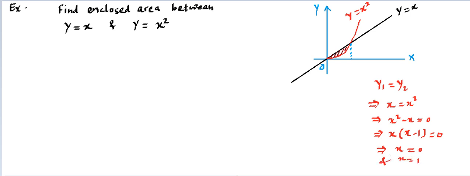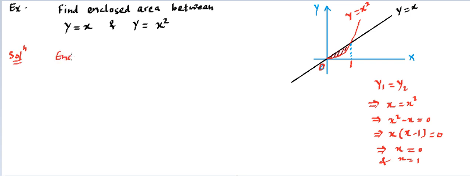So as we expected, there have to be two values of x. First 0, that's obviously decided, and the other is 1. That means we have got the limits. Then we can claim what the enclosed area is going to be. You can solve it on your own, then check your answer. I'm solving here. So the solution: